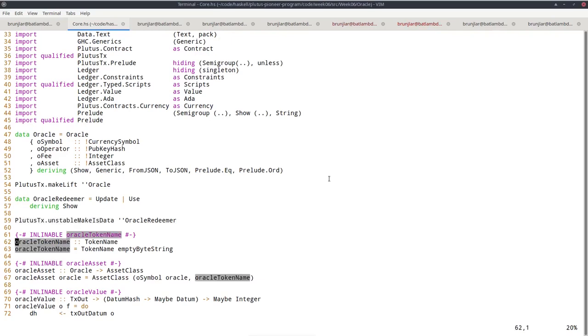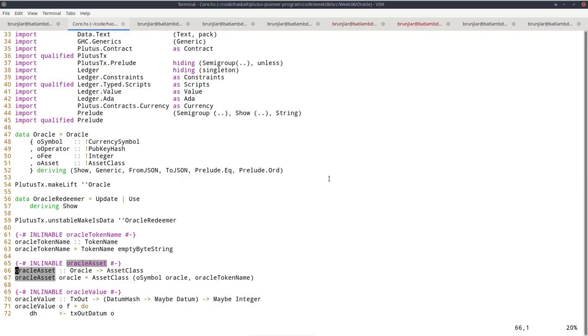So as I said, I want to use the empty string as a token name for my NFT. So this is this oracleTokenName. And this is just a way to identify the NFT asset class given an Oracle. So this is not to be confused. Maybe the name is not good. This oracleAsset is not to be confused with the oAsset.